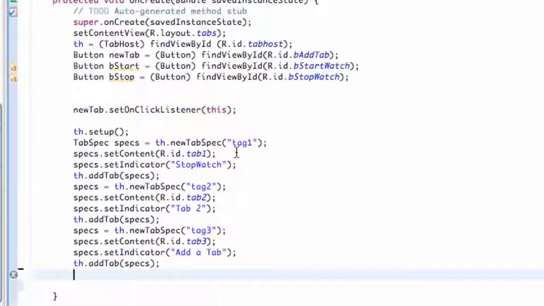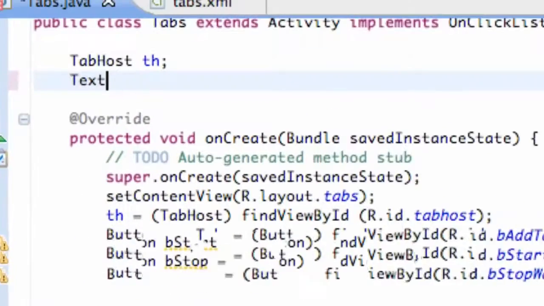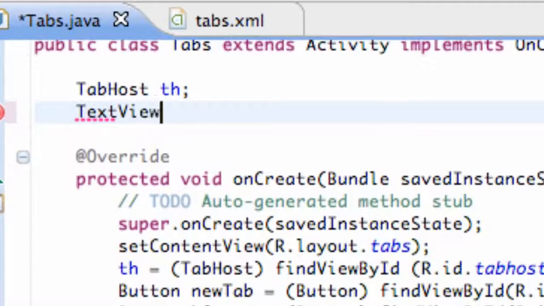Now, the first thing we need to do in order to get the stopwatch application to work is we need to find some way to reference the time. And how we're going to do that is we're going to get the current time from the system, which is the Android. So that's basically the core concept of this lesson. And what we need to do is set up a text view above our onCreate method called showResults,